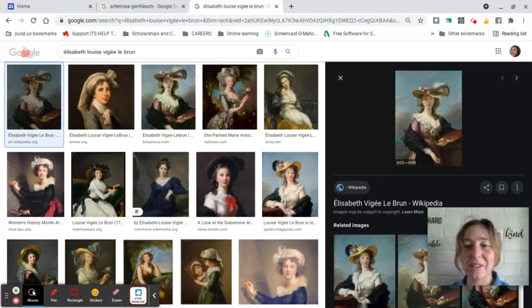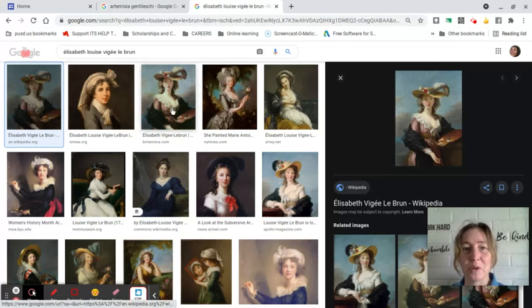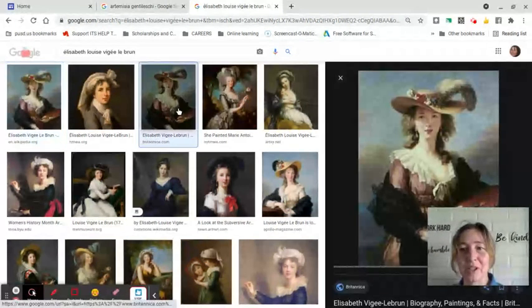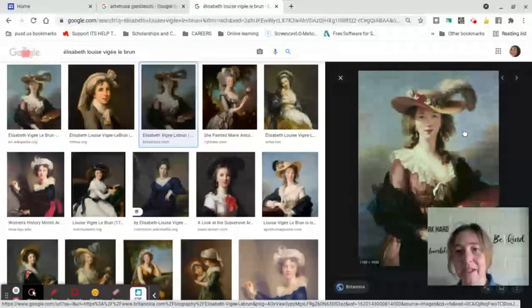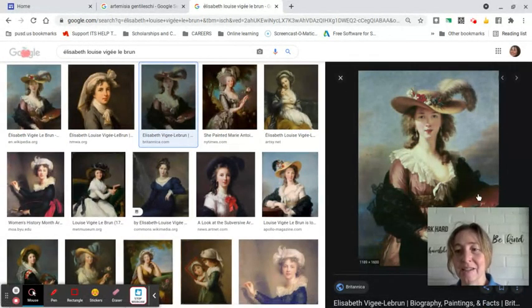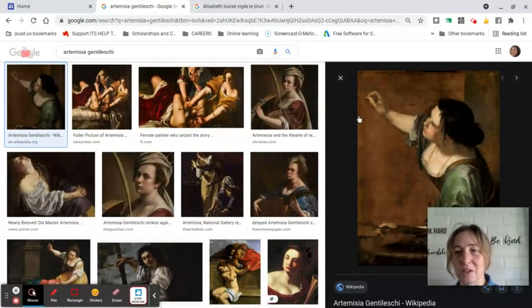But Lebrun and Artemisia Gentileschi did self-portraits, and their self-portraits have inside them a bit of light and dark contrast and implements that show their strength and even poses that show their strength. So you can see the light and dark contrast. You can see something in the image that displays strength, and even the posture displays strength.